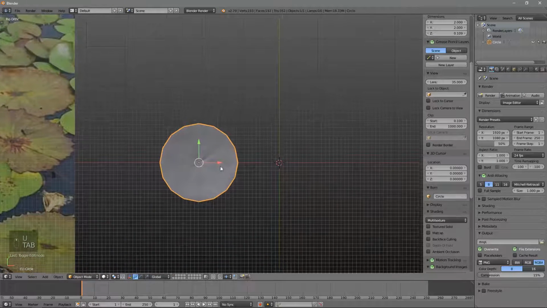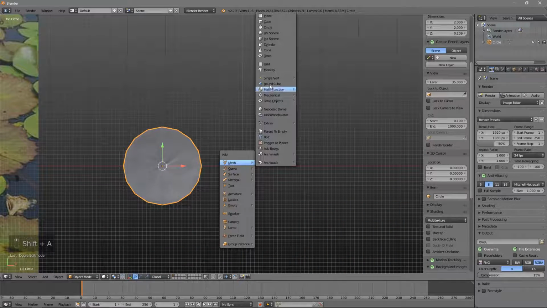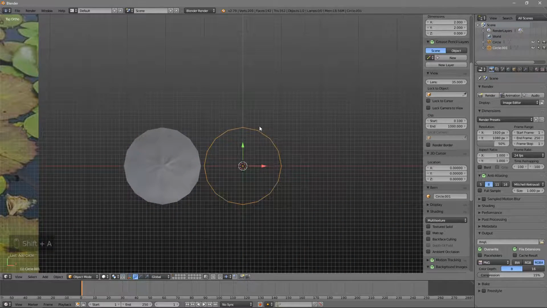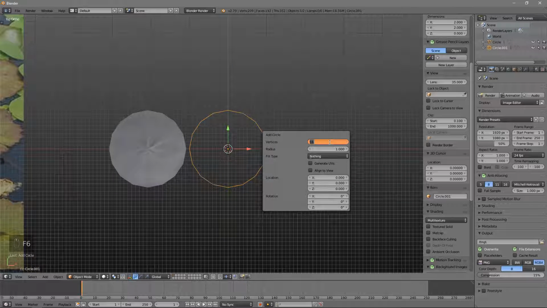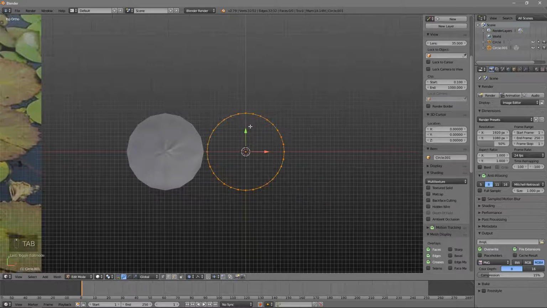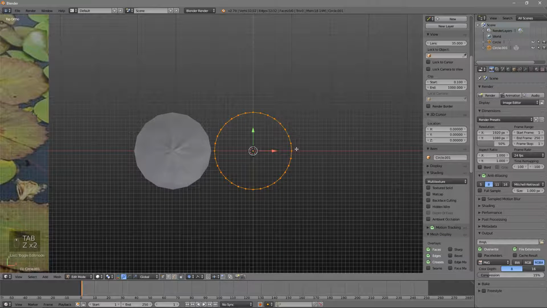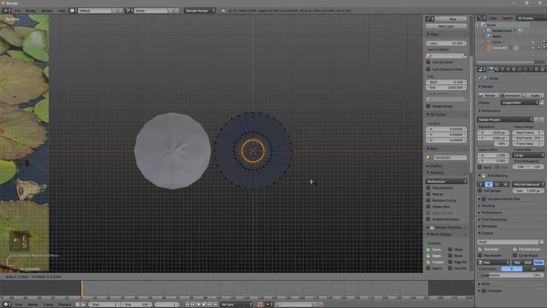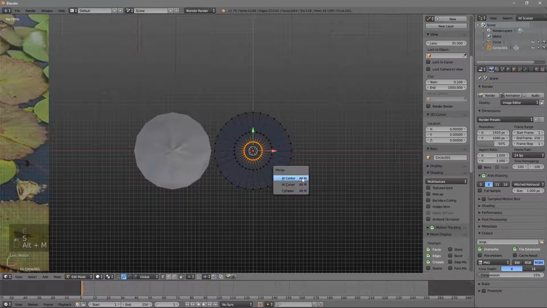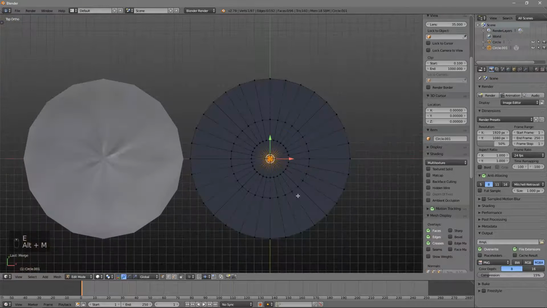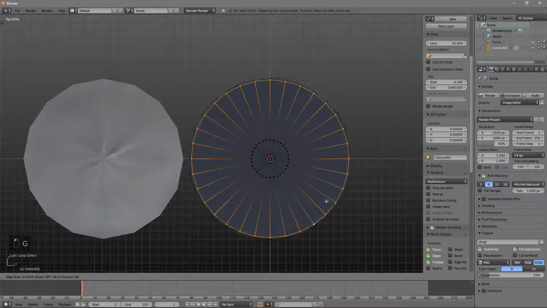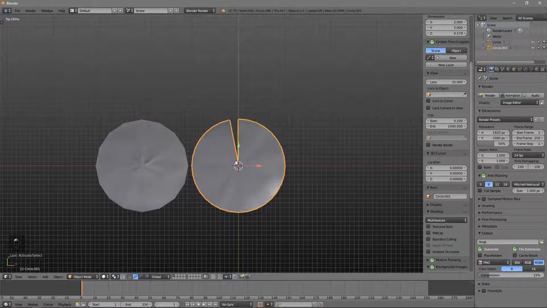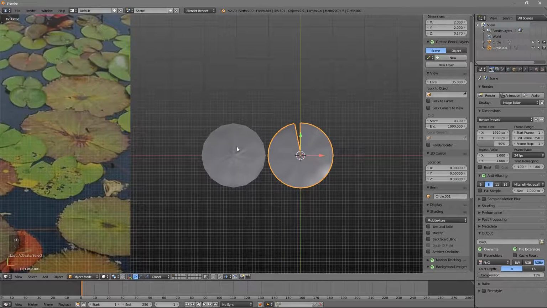Okay, so we're gonna make another water lily, and as always start with the circle, and this time I'm gonna take like 32 vertices. I think it's gonna be sufficient. So now I'm gonna merge it at center like this. Okay, so this is another type of water lily, which is a little bit